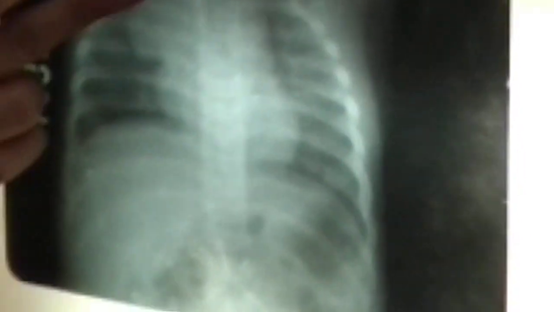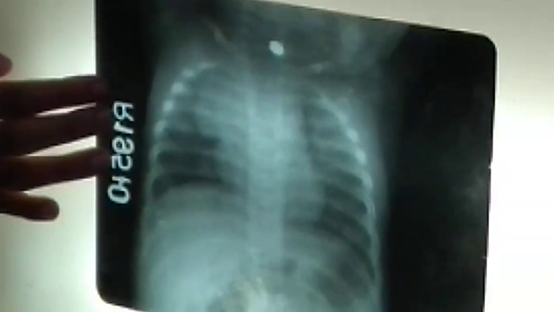Now, what we are seeing here is the thymus. Don't confuse it for cardiomegaly or any tumor, nothing like that. In an infant, it is the thymus. It looks like a sail shape, like a ship has a sail. Sail sign, that is called the thymus. Okay. It is just an X-ray which shows the thymus.